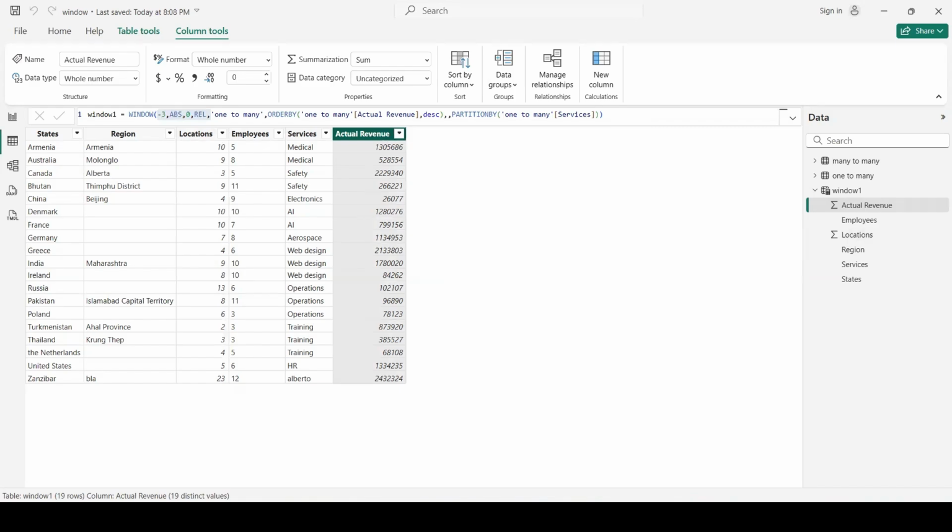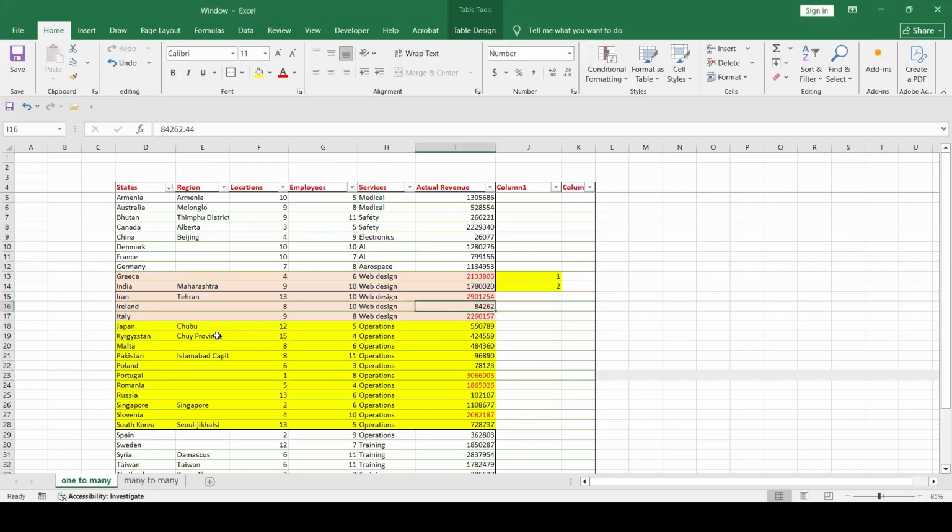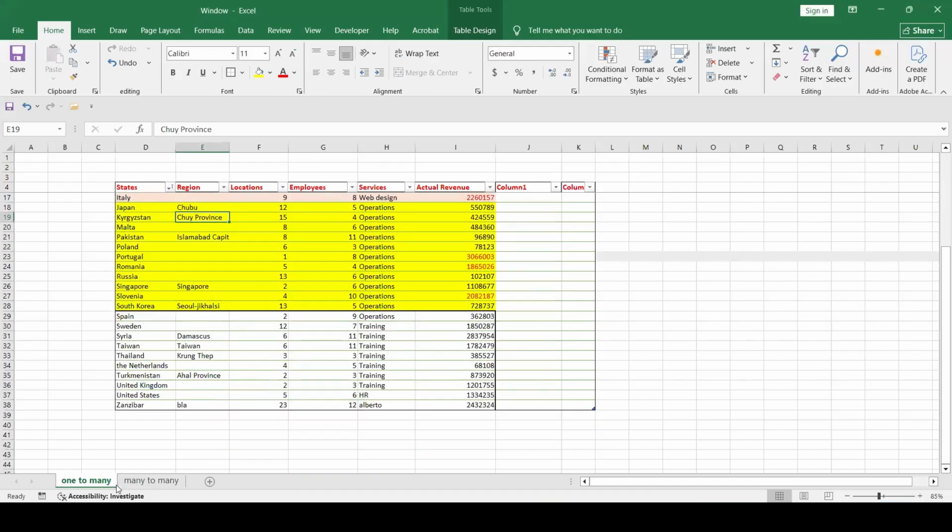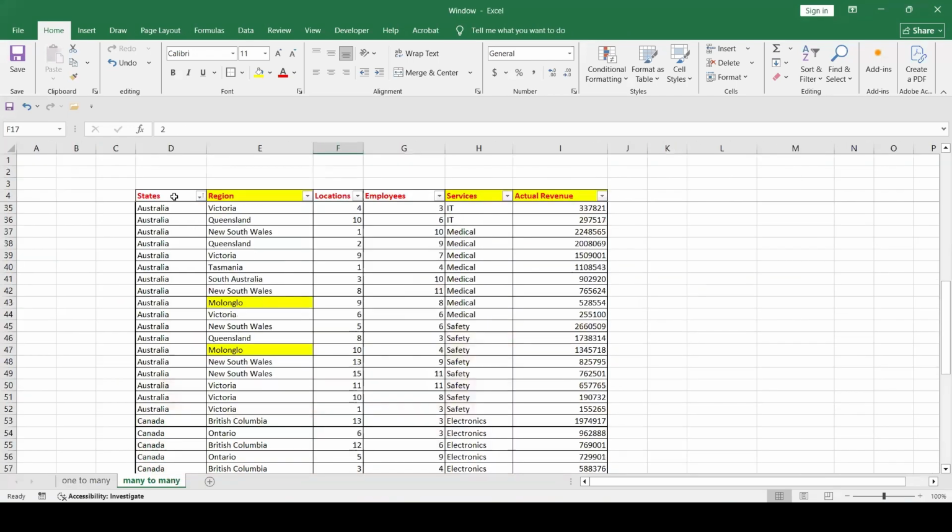In the next scenario, we have many to many. We have similar rows here.